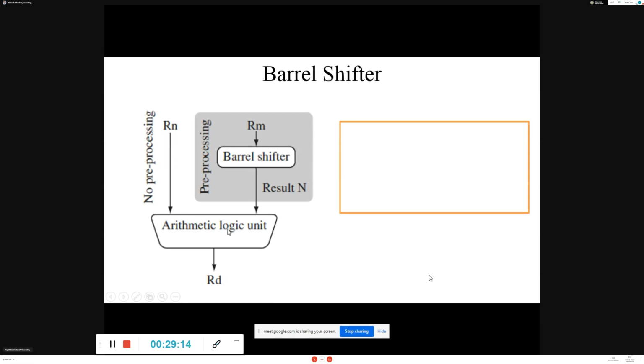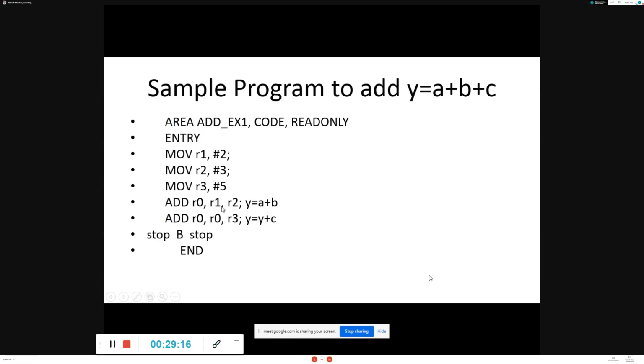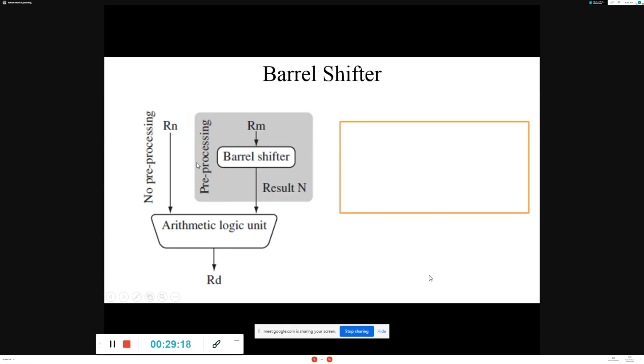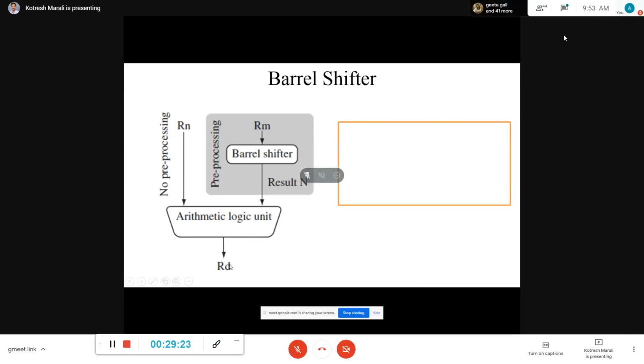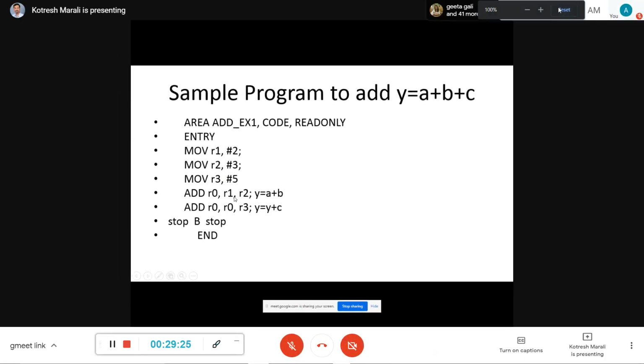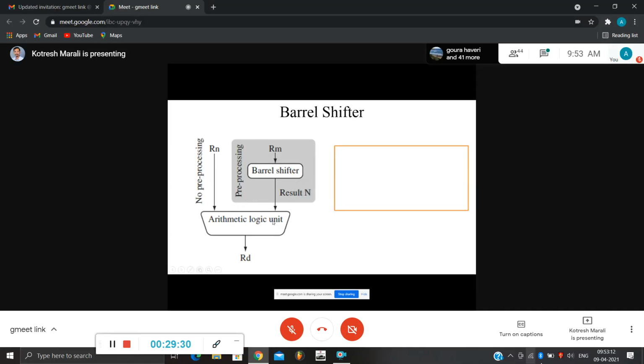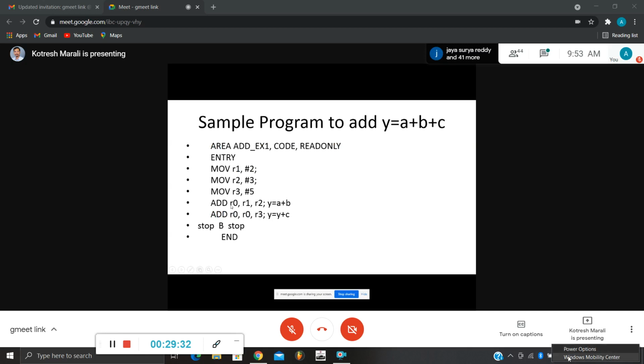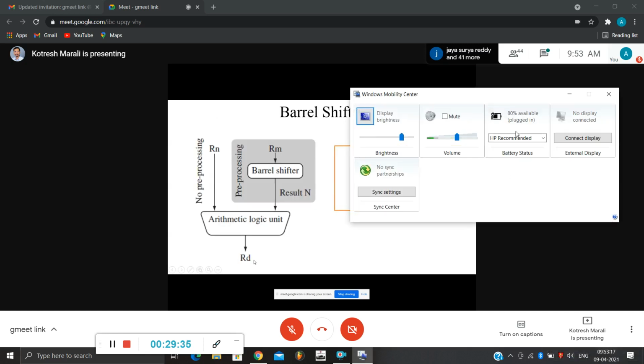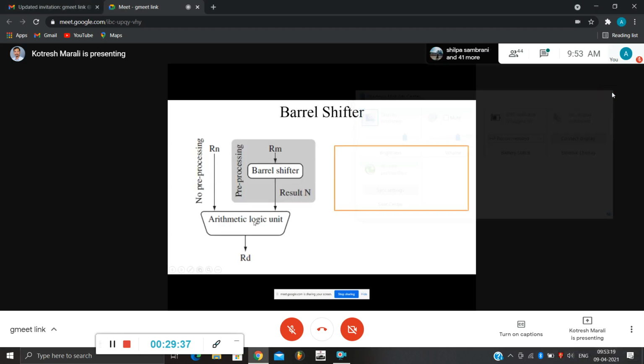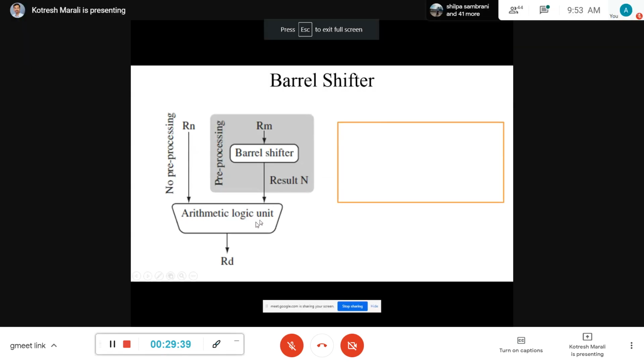As in the earlier case, you can see here R1 and R2. The result is R0. Look at this. R1 and R2 are moving to the ALU, and R0 is my output. Whenever I move the data to the arithmetic logic unit, one of the registers will move the data without any pre-processing.